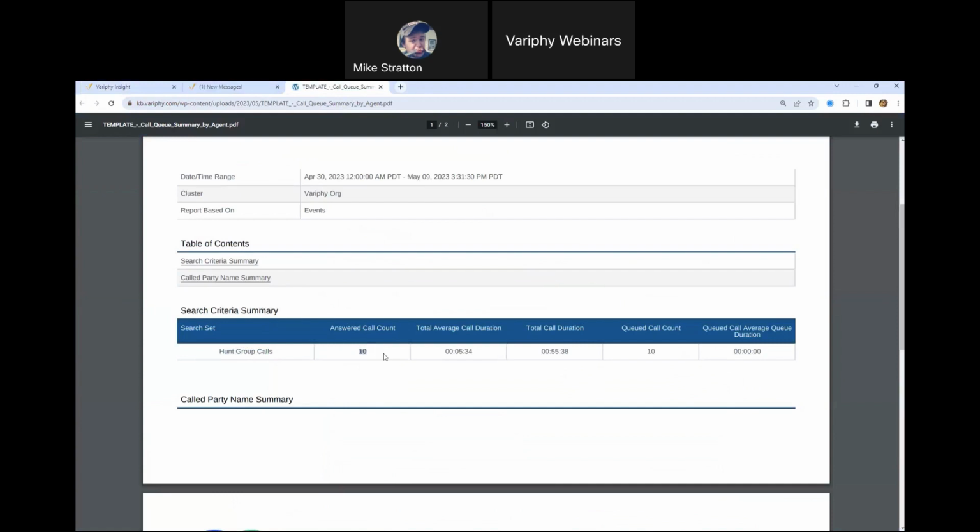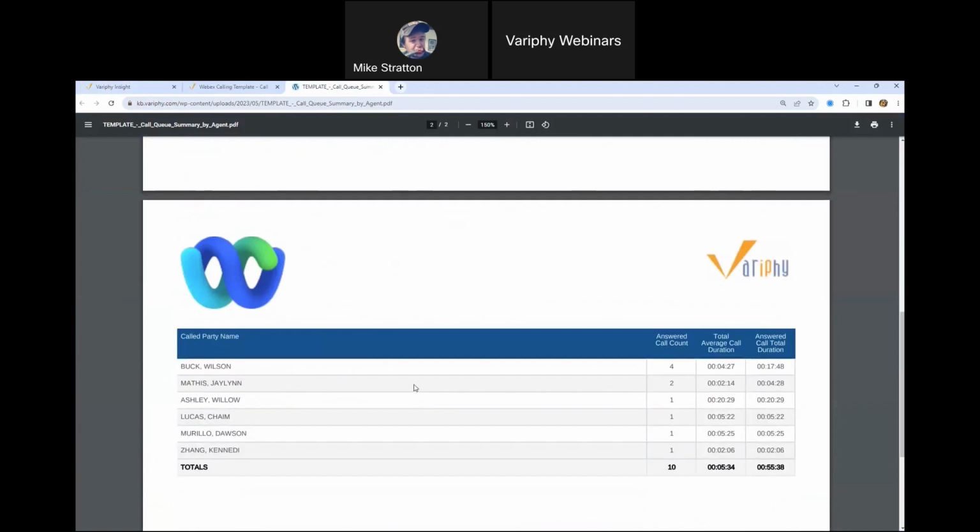So how many calls were answered? What is the total call duration, or total average duration, total call duration, queue call counts, and then queued call average queue duration. So how many calls were queued, how many calls were answered. Underneath, we then have grouping showing each of the agents who received the calls, or who answered the call, from